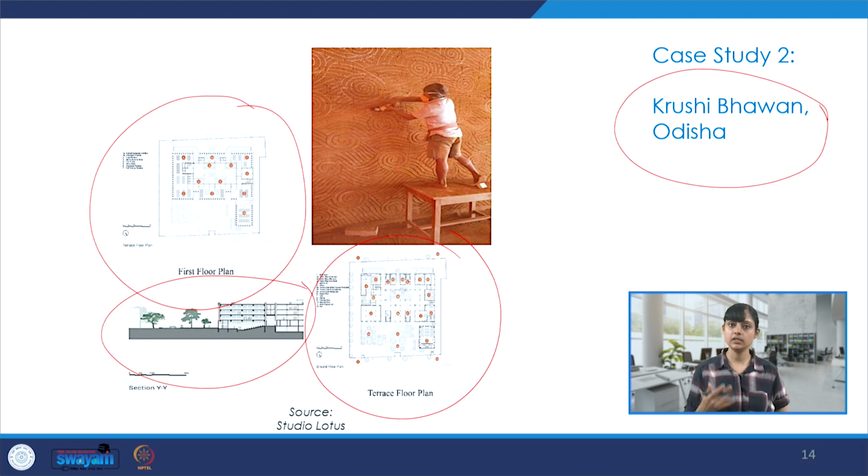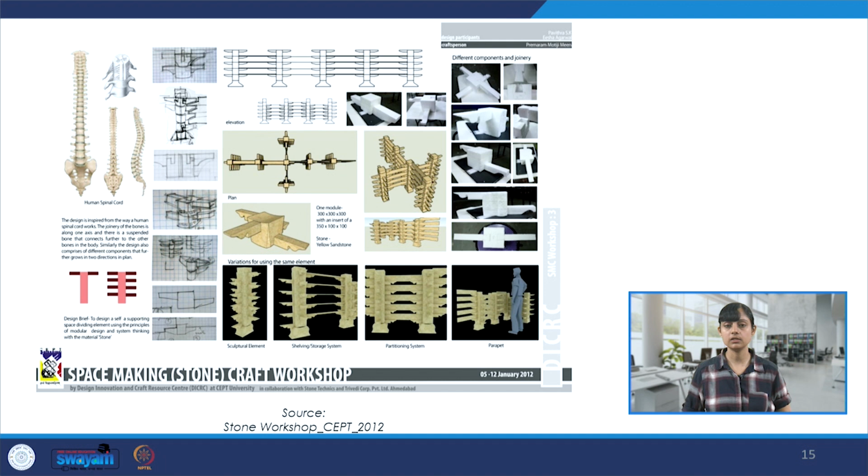How did they create an ecosystem by incorporating and involving different stakeholders, including the artisans, makers, and craftspersons, customized finishes, textures, and a very interesting facade, which is inspired by the famous Ikat weave that we see in the region. So, respecting the culture and the identity of that part of the country and then reflecting it through the built form.